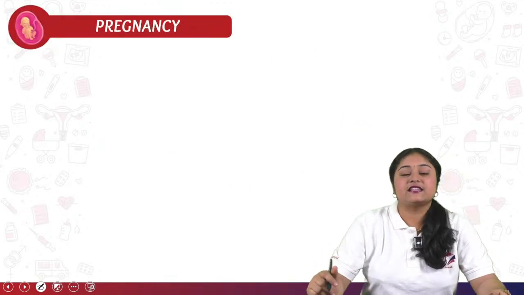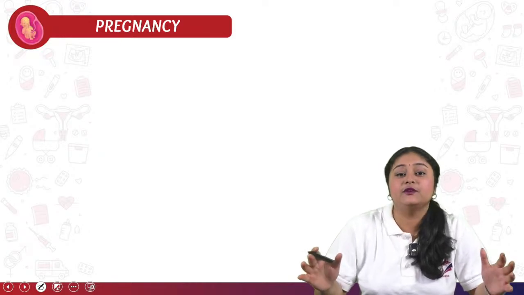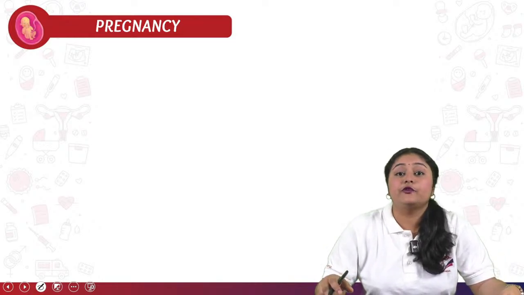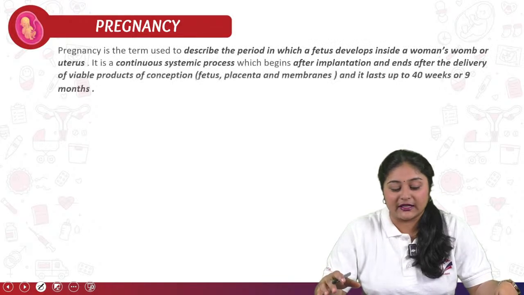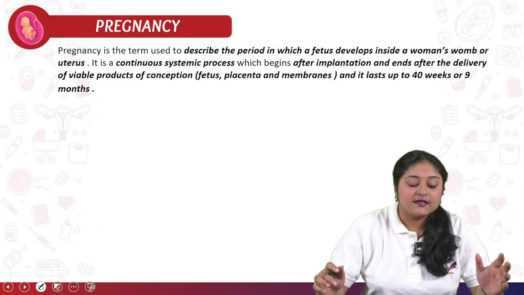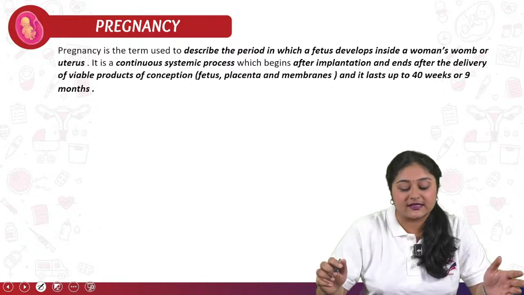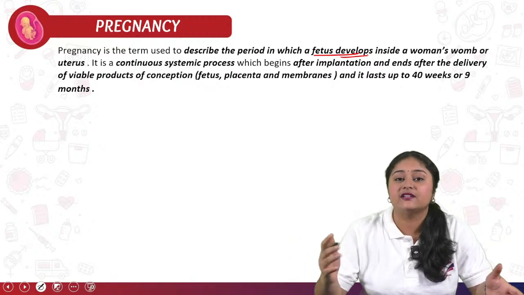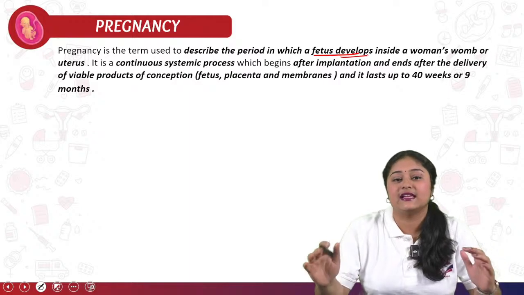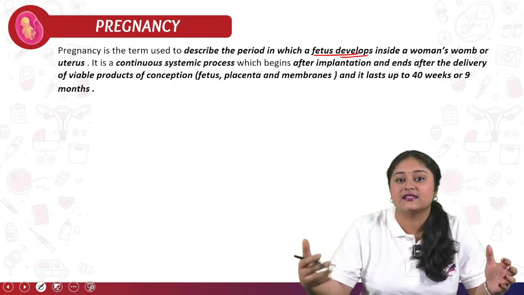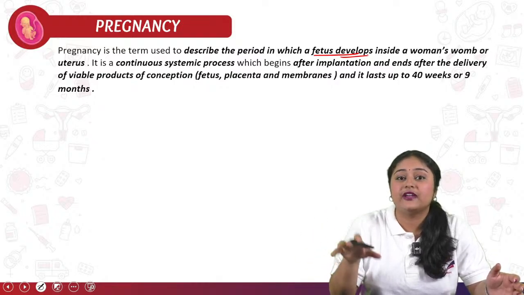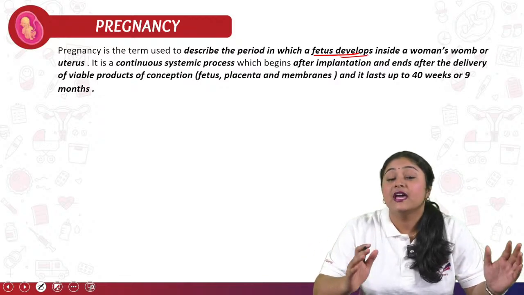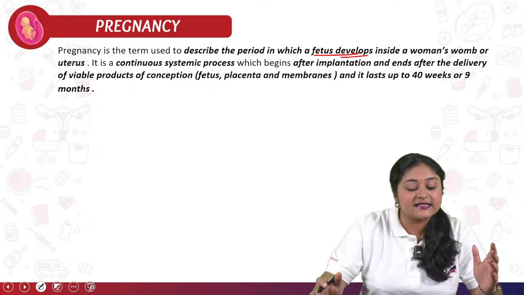Mainly in this session we are going to discuss pregnancy and the physiological changes in each and every system of the maternal body. First, you have to know what we mean by pregnancy, or the definition of pregnancy. This term is mainly used to describe the period in which a fetus develops inside the woman's womb, through mitosis, meiosis and cell divisions. As the fetus, circulation and heartbeat develop inside the mother's womb, especially in the uterus, this journey is known as pregnancy.